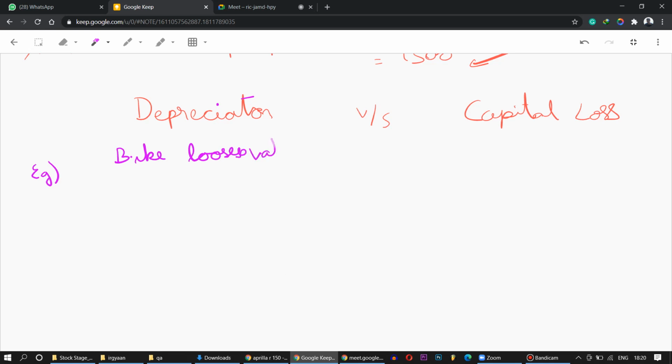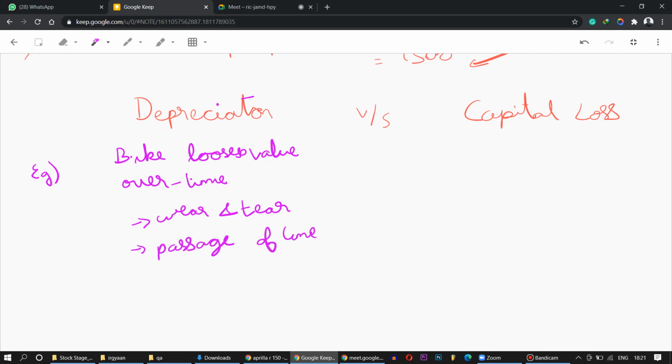It is losing value over time. And depreciation has many reasons. It could be wear and tear. If you use the bike more, when you try to sell it again, it won't be of the same value. You purchase it for 1 lakh, in second hand you can sell it for 60,000, 50,000. It won't go more than that because of wear and tear. Then you have passage of time.